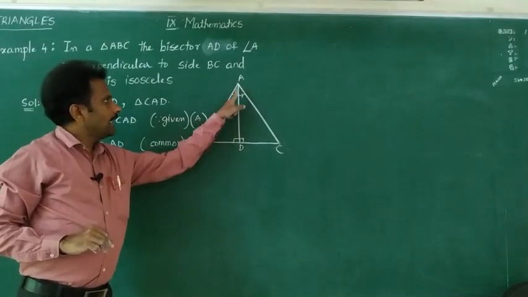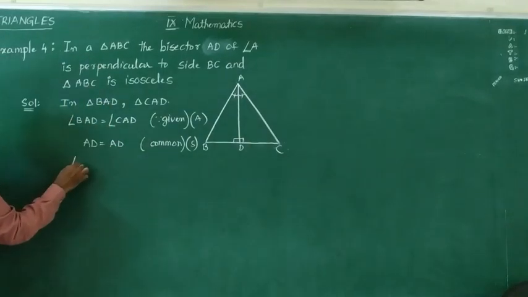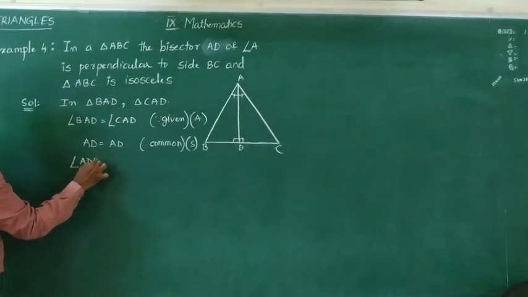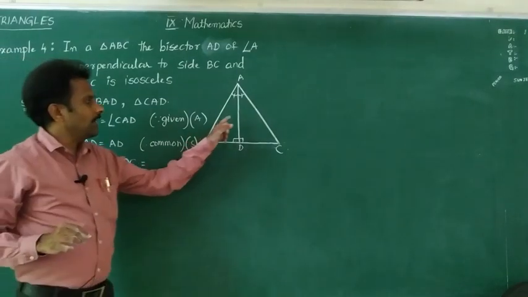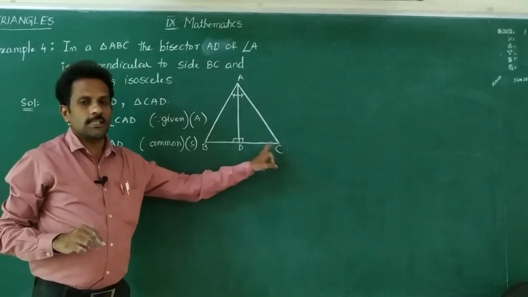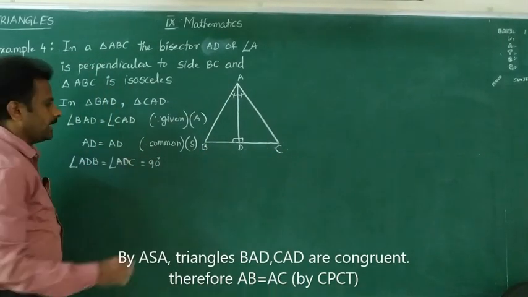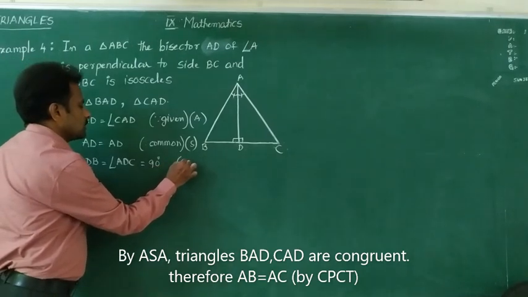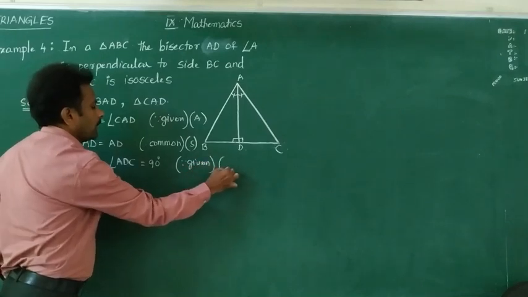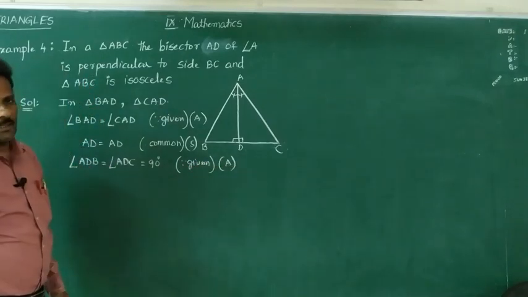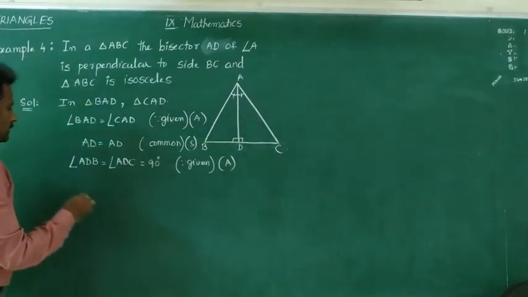Next, angle ADB equals angle ADC. Why? Because it is given that AD is perpendicular to BC. That means each angle is 90 degrees. So this is also given. That means we have got one more pair of corresponding equal angles. So by ASA congruency, these two are congruent. So we write that